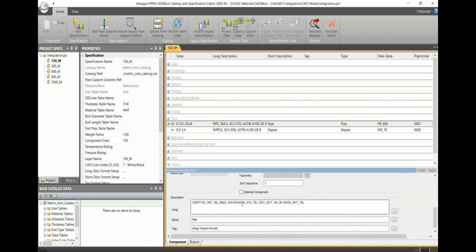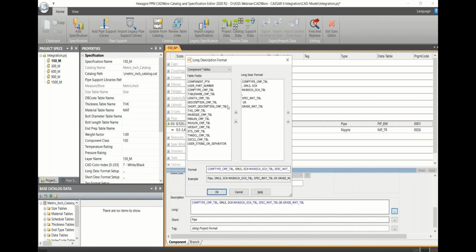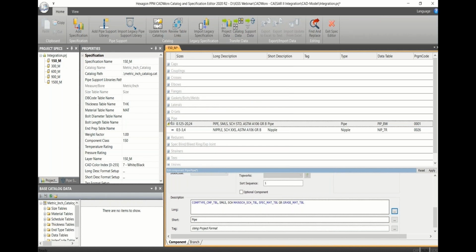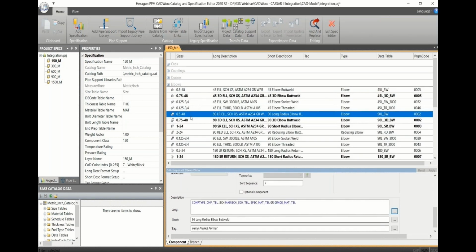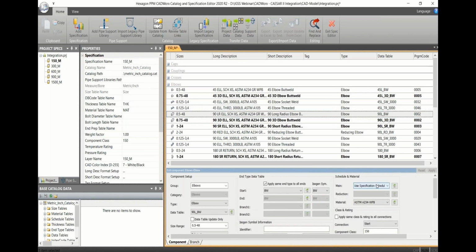The second most important thing is the description. When we collect the details of the description from the catalog, then the schedule thickness, pipe diameter, everything will be read as per the catalog which you have defined. It's not just for your pipes, it's for the entire components. So when I give the schedule thickness as standard, I have already defined it in the catalog for the standard. Whatever thickness has been defined in the catalog will be taken care of here in the model